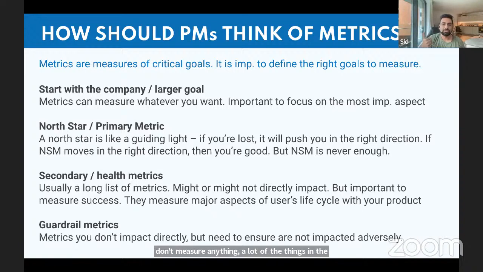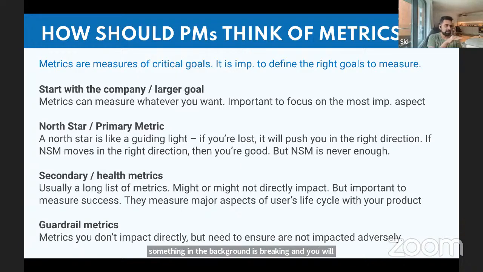Maybe I'm increasing my number of orders, but maybe the average delivery time is increased by 10 minutes. Maybe as a result of this, the number of complaints have gone up. As a result of this, a lot of the restaurants are also complaining that we are not able to deliver, we are getting bad ratings, we don't want to work with you, things like that. And as a result, a lot of the things start going downwards, which will eventually start also impacting your North Star. So the point is that while North Star gives you a very, very good way to know if you're going in the right direction, if you look at one metric to gauge success, there is a high chance that something in the background is breaking and you will not be aware of it.